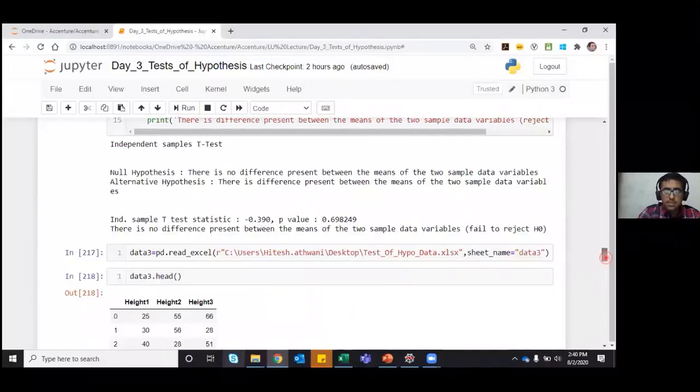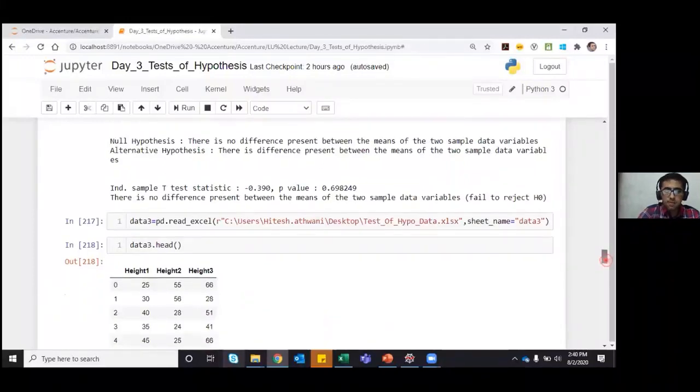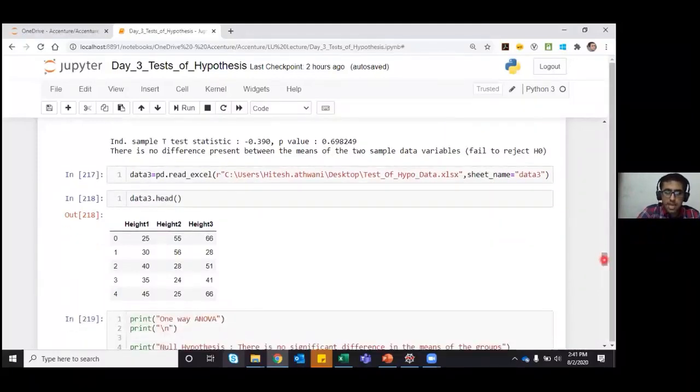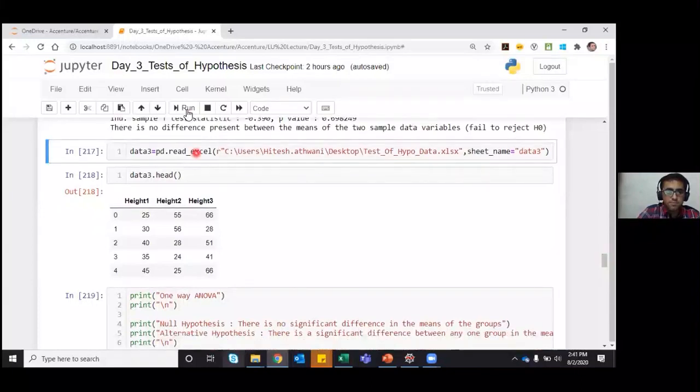Now, if we have more than two samples where we want to check if the means differ among the columns, we just load this data, copy the same path from above, and we load data 3.